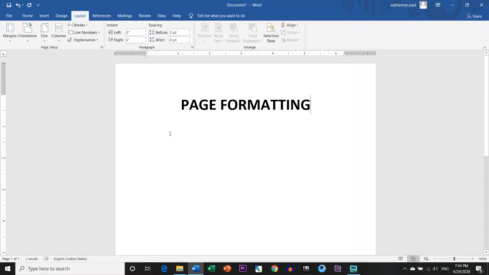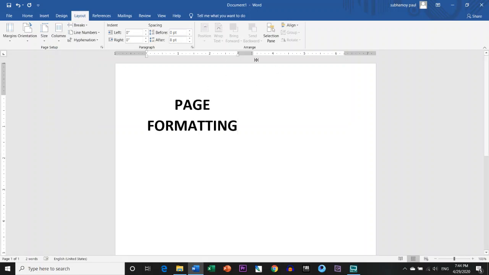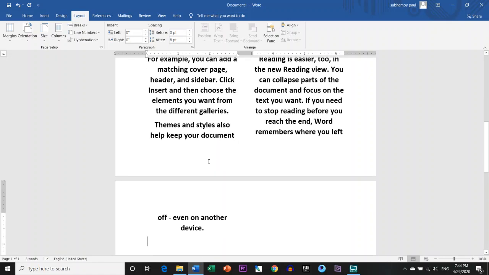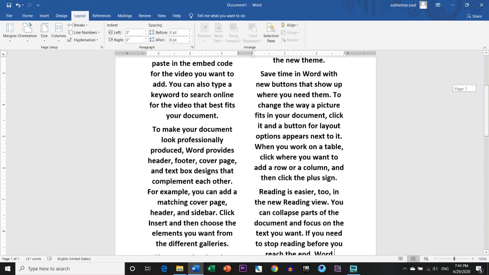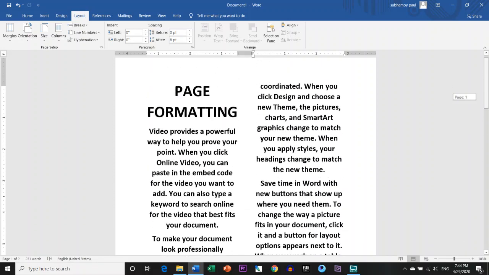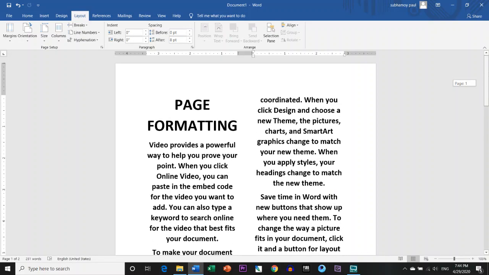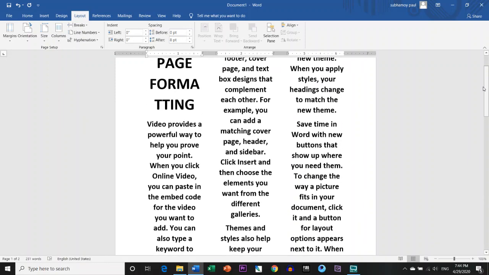Now let me show you another information that is called column break. If you want to break the column, break this indent and the gutter, if you click on two column, see, this will break into two parts. Now how will you understand whether it has been done or not? Let's see. Page formatting, this is our heading and this part are the two columns. Now again if I click on this column and go to 3 option, then again it will convert into 3 columns.